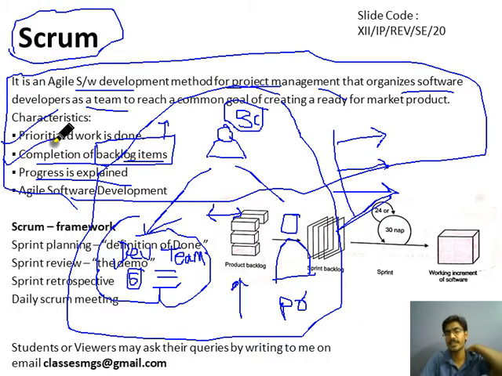So 3 to 4 things will be discussed in daily Scrum meeting by the whole team, like Scrum master, development team and product owner. In this meeting the Scrum master will organize this meeting, and developer team will give the status on what is the work they have done, what is the work that they are supposed to do, and if there is any problem or hurdle in the work, then this hurdle will be discussed in this Scrum meeting. This is how the progress is explained daily. Okay, so this is an agile software development practice.